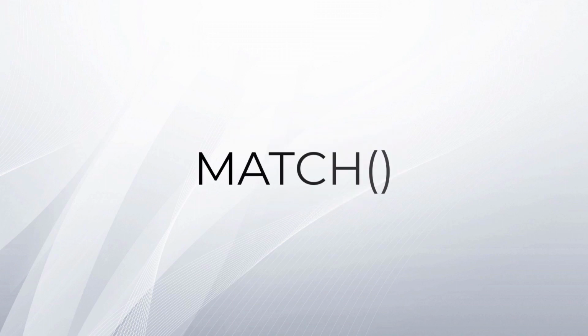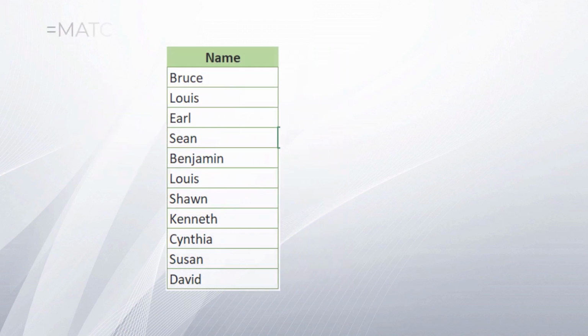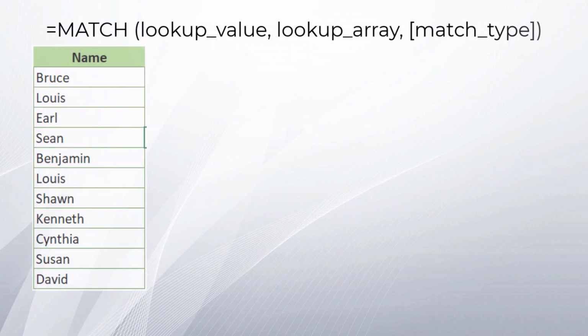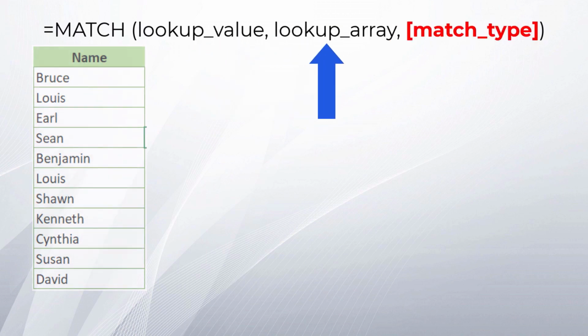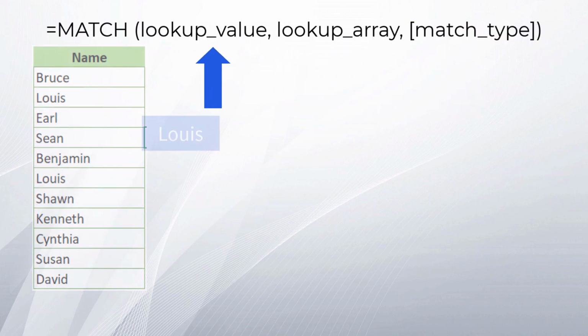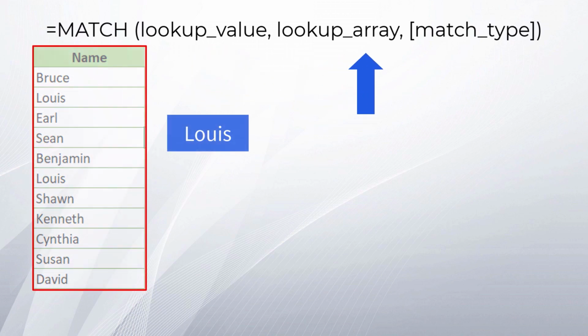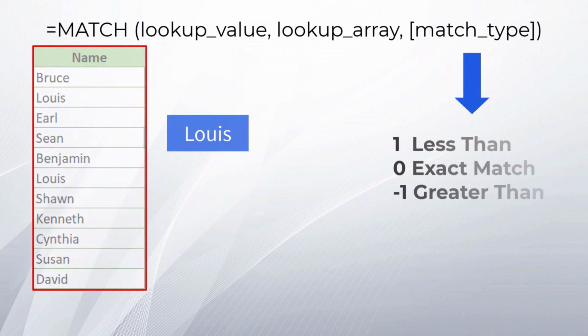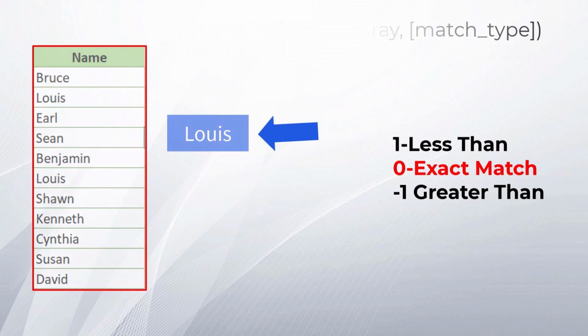First, we will start by understanding the MATCH function. The MATCH function is designed to help you find the first time in a list that a value shows up. The syntax for the MATCH function is defined with three mandatory arguments: the search value, then the lookup array, and finally the match type. The search value is the value that you are looking for in a list. The lookup array is the list that you are searching. Match type is used to indicate what kind of lookup you need. In a large majority of cases, match type will be 0, which means you only want to look for values that exactly match your search value.